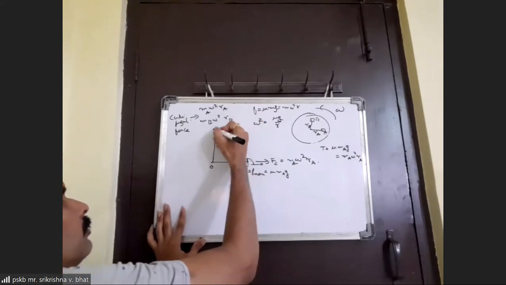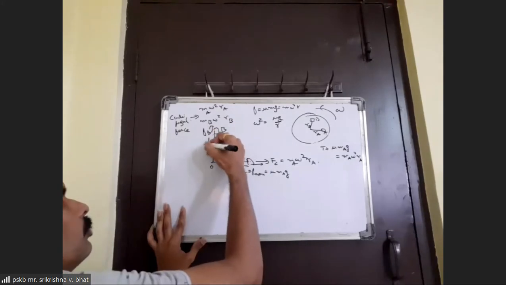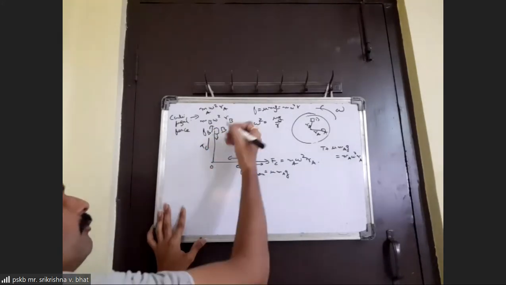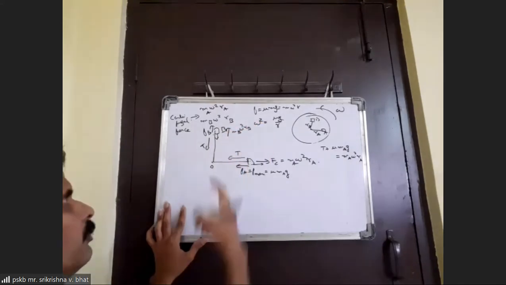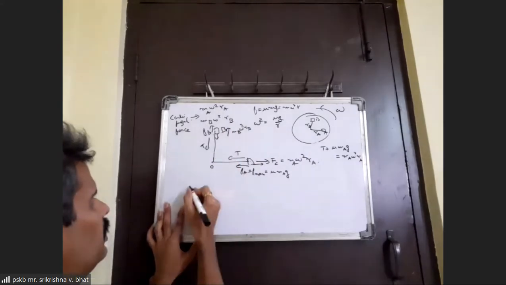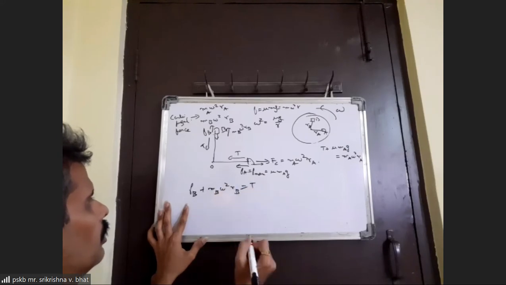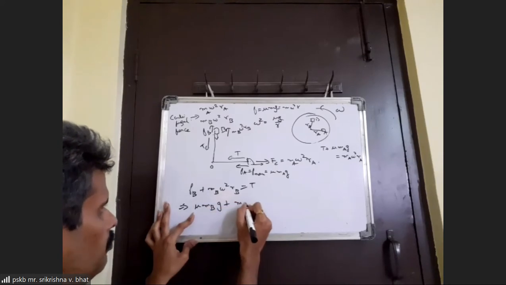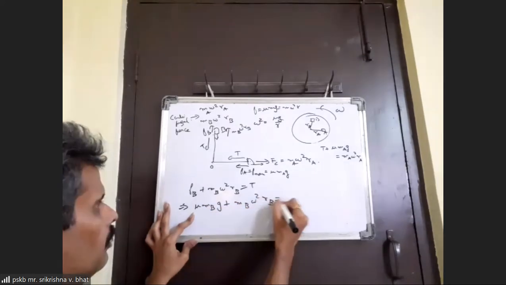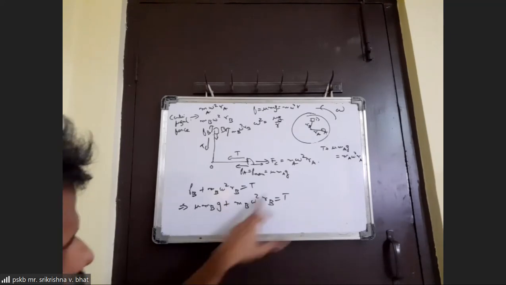So friction on B should act, and the tension is anyway acting. And the centrifugal force would be m b omega square r b. So if you equate the forces, you should get Fb plus mb omega square rb equal to T. Or this is the same as mu mbg plus mb omega square rb equal to T. Now this T we can substitute in the first equation, and that we can use to find what is maximum omega.